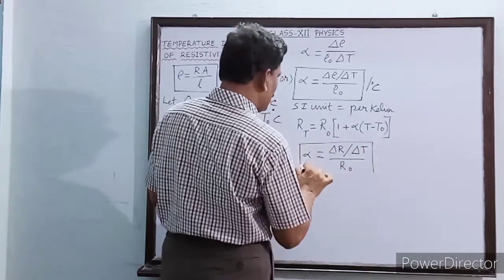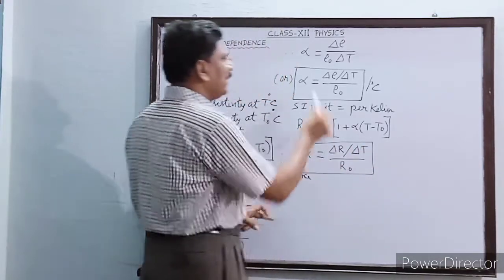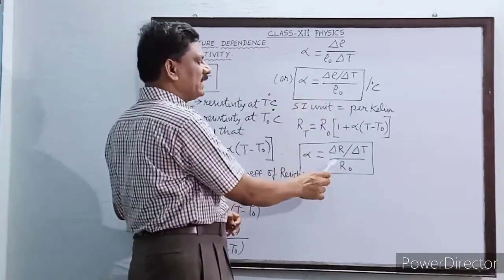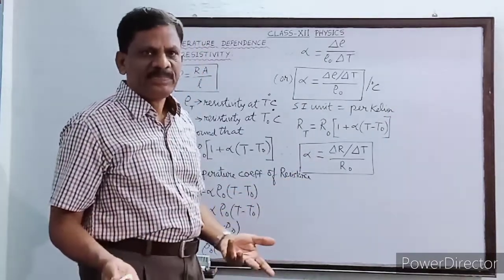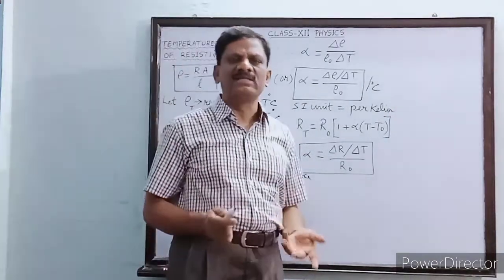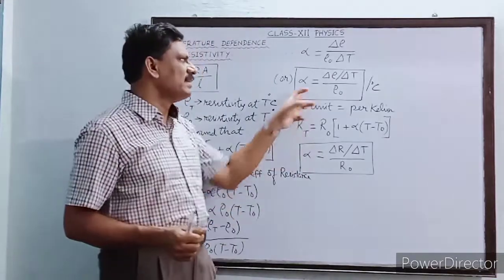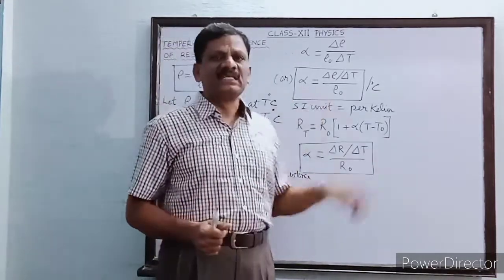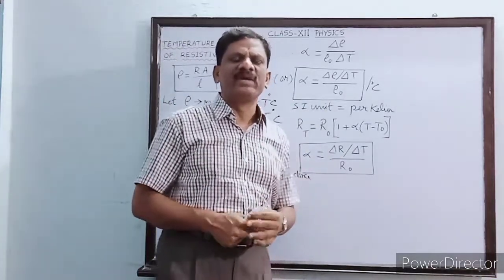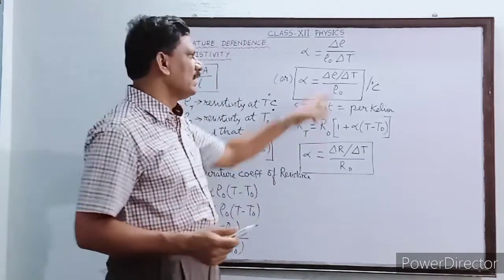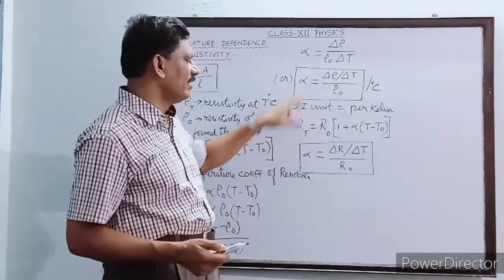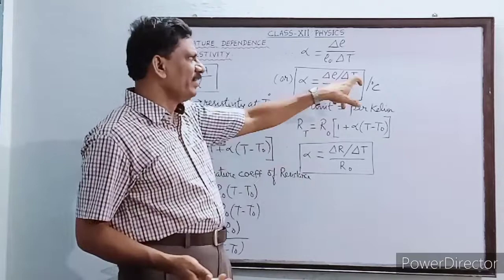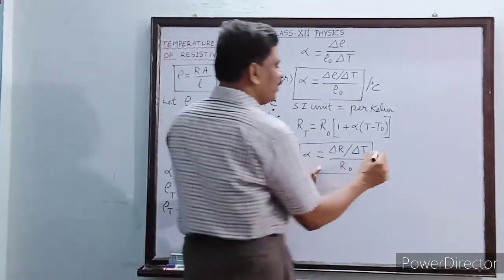Once again, you have to remember that the value obtained from this equation as well as the previous equation will be the same. So that is why I said alpha is called in two ways: temperature coefficient of resistivity or temperature coefficient of resistance. Because both are proportional to each other, the value of alpha will be the same by either method. And the unit is